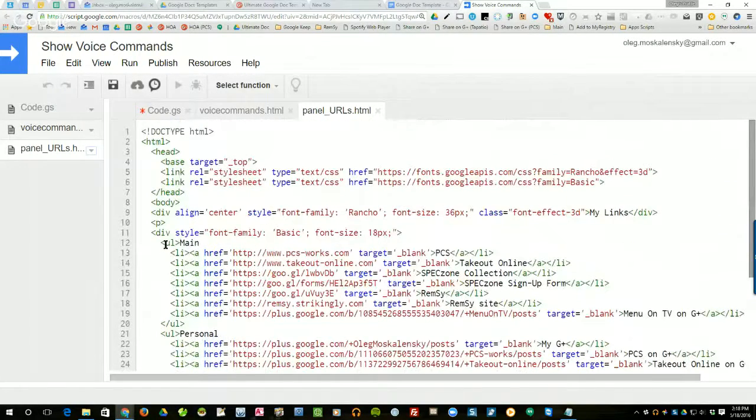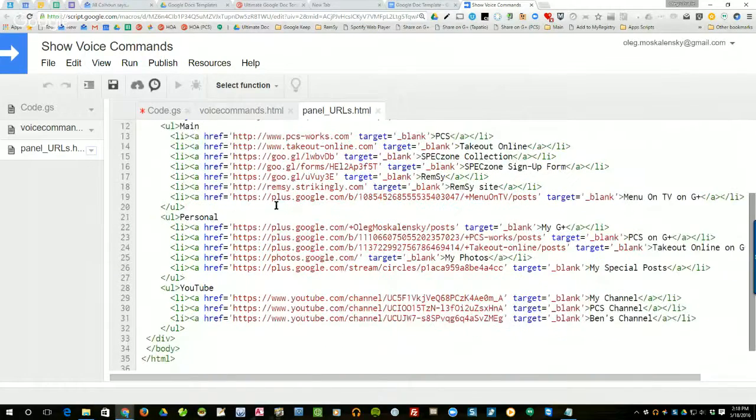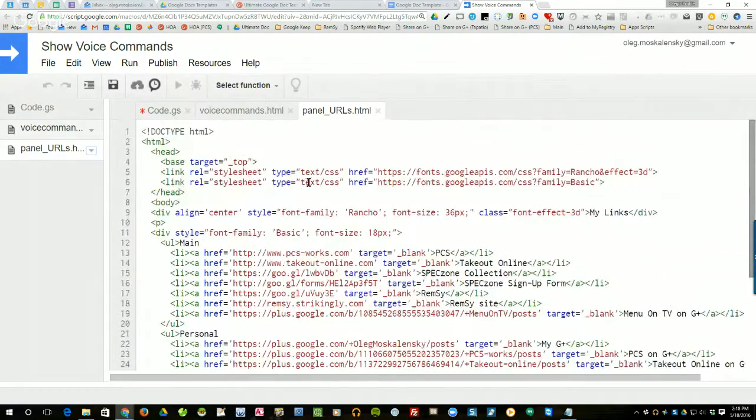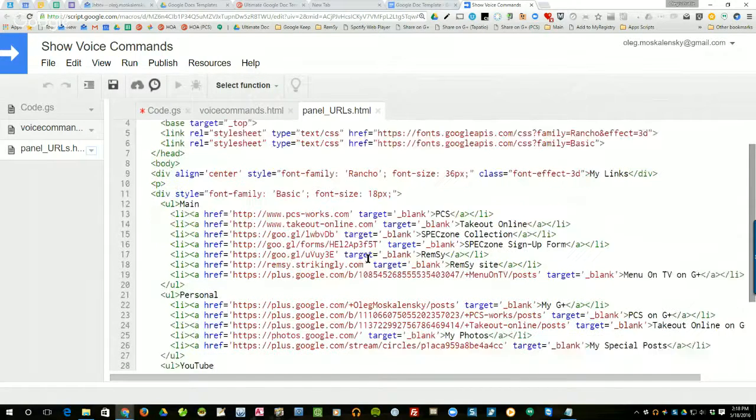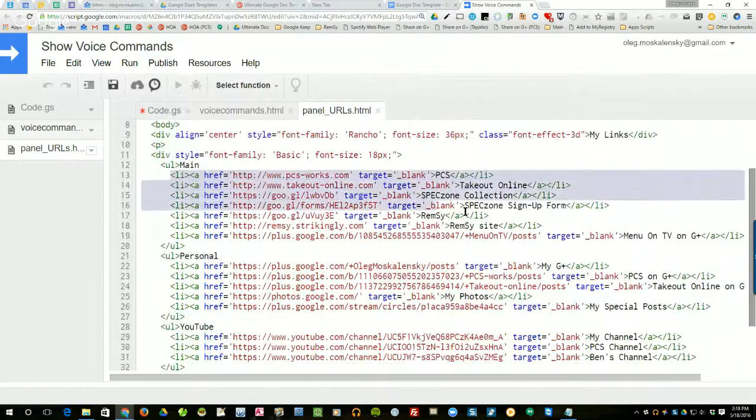I just have a couple of unordered lists, linked lists, not linked lists. And I have some style sheets for Google Fonts, which is why you see that font. And over here is a command to set it up. Bottom line is, if you follow this, and if you know HTML even a little bit, you can easily make changes to this, and you can see that this unordered list here, that's where all of